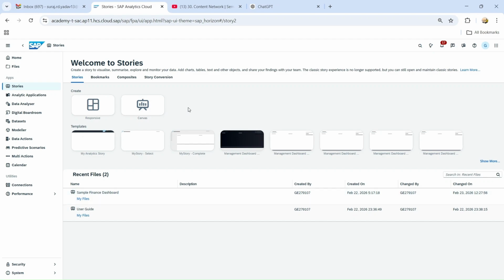So we are in SAP Analytics Cloud now. So here within the story menu, you can see there are two options to create a story. One is responsive, another is Canvas. So it is not like that when you create a story in SAP Analytics Cloud, the entire story needs to be Canvas or the entire story needs to be responsive. So this nature, whether it's responsive or Canvas, is at page level. So for example, if we go with responsive,